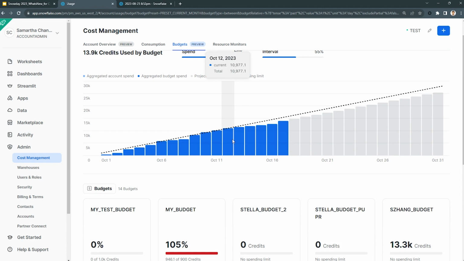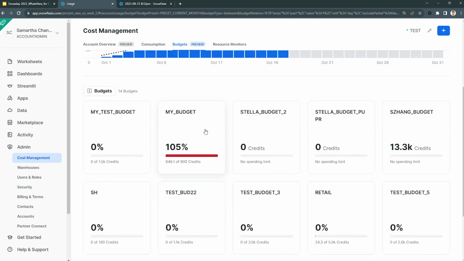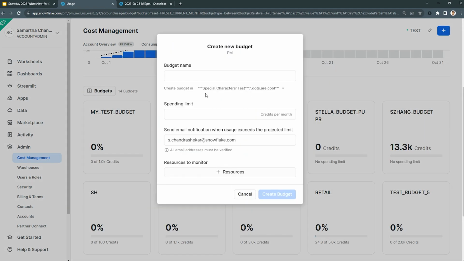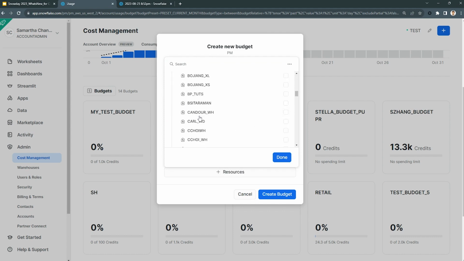In addition, there are also custom budgets. So I have a number of custom budgets that I'd set up for test purposes. The workflow to set one up is pretty simple. So I go to this button, I'll say demo snow day budget, probably set a 100 credit per month limit, and then I can go select a collection of credit consuming artifacts. So there are lots of warehouses in this account. Test is the one that I'm using, so I'm going to go associate that